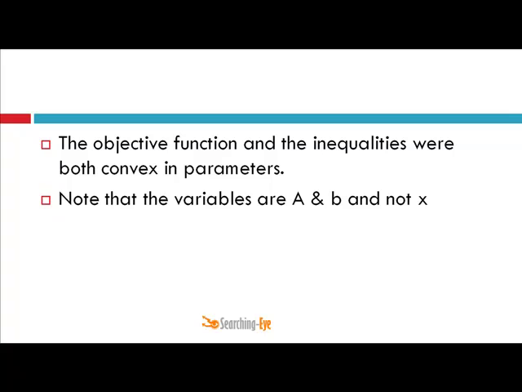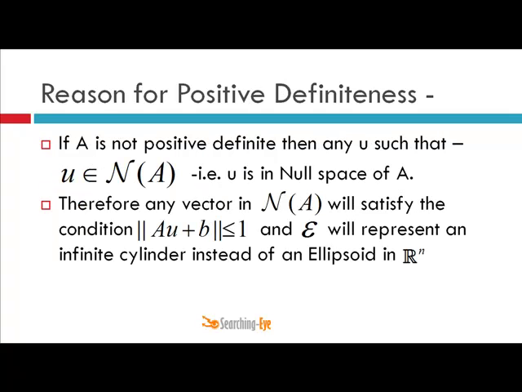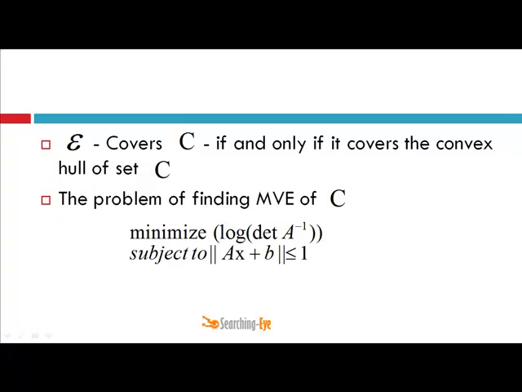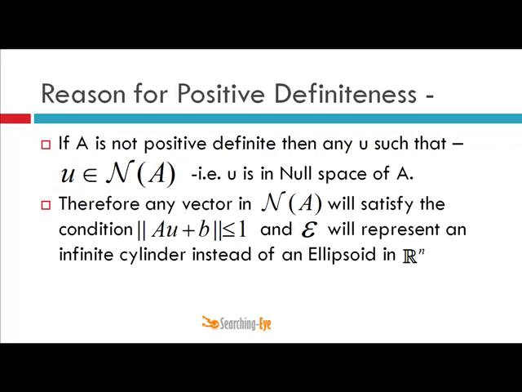The objective function and the inequalities are both convex in the parameters, and this will be clear if you watch lectures on the information channel. And now note that the variables here are A and b and not the vector x. We already know the vector x, and we need to find A and b, which are the variables for our ellipsoid. So this is the reason